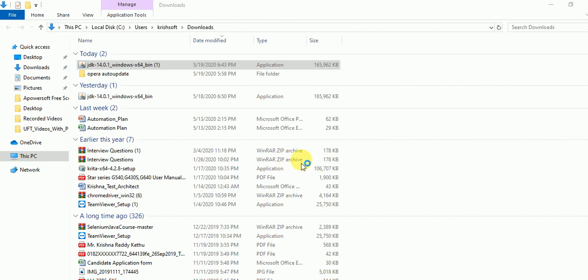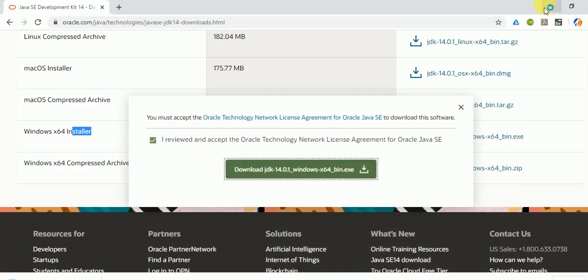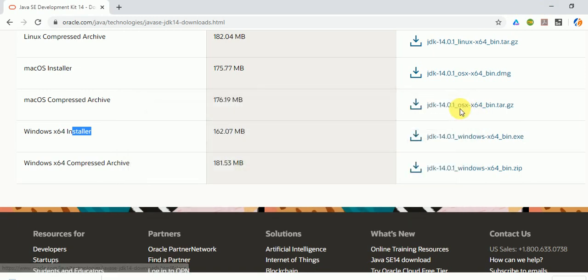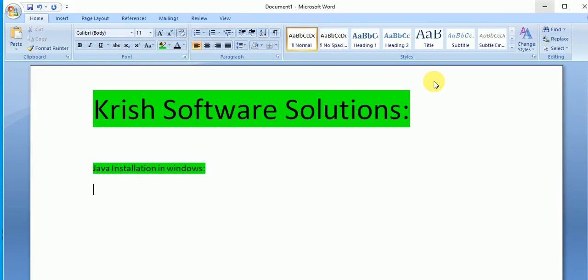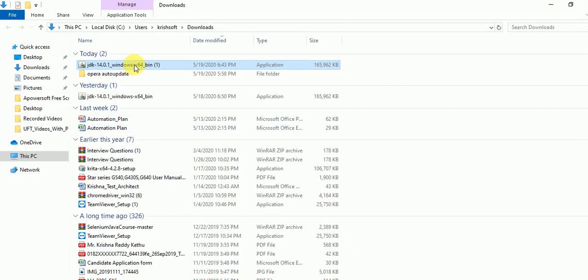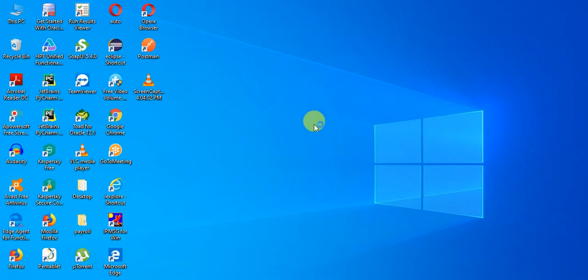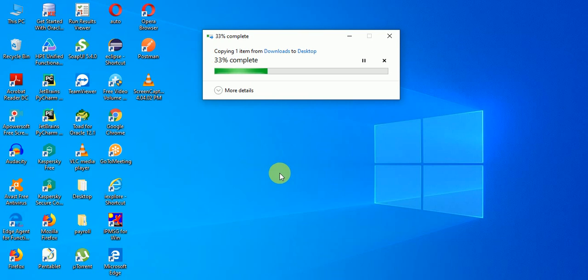It is the 14th version, the latest version.